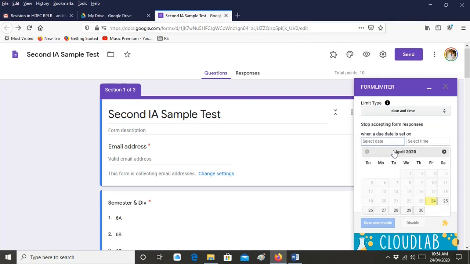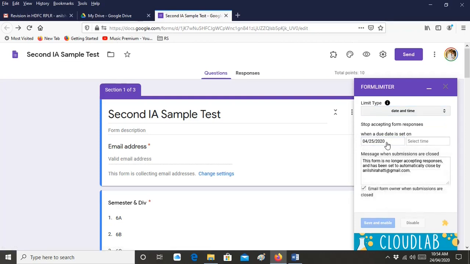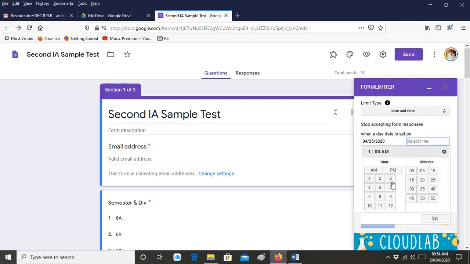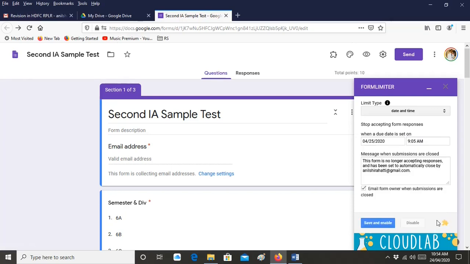Check the date you want; let's say I have given 25th April. The time: I want it to get switched off at 9 hours 5 minutes. Okay, so I'll set it. Then you press save and enable.